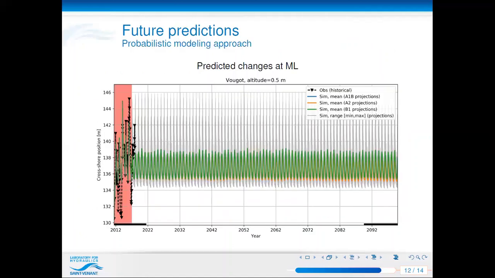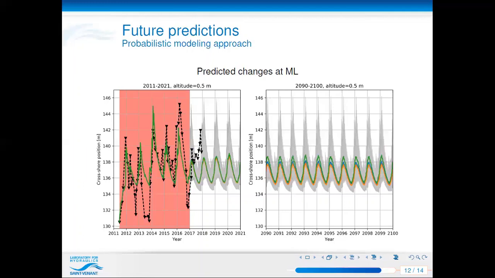So finally, if we look at the probabilistic modeling approach, we look at predictions that can be made at the mean sea level, where we have in blue, orange, and green curves the mean of 200 different Monte Carlo simulations of future wave predictions for A1B, A2, and B1 projections of climate scenarios. And if we focus into the first 10 and last 10 years of those time series, we see the red zone here is the data that was used to calibrate the model, and then we make these forward predictions in time, where we see from one scenario to another, we can have on the order of 10 to 15 or